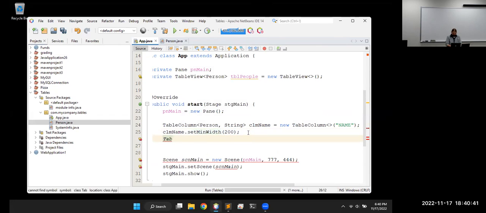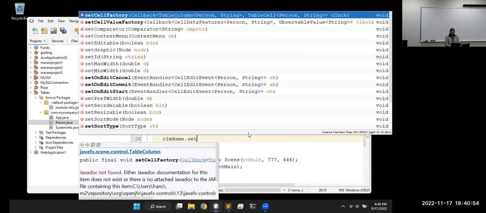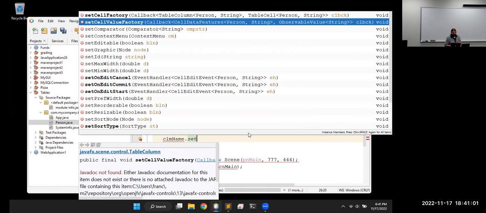Oh, and now we need to set up the stuff for this. So we need to use a factory. So column name set cell factory or value factory. We want value factory. And a factory is an alternative to a constructor. We did put a constructor in our thing, but when you think of a constructor,